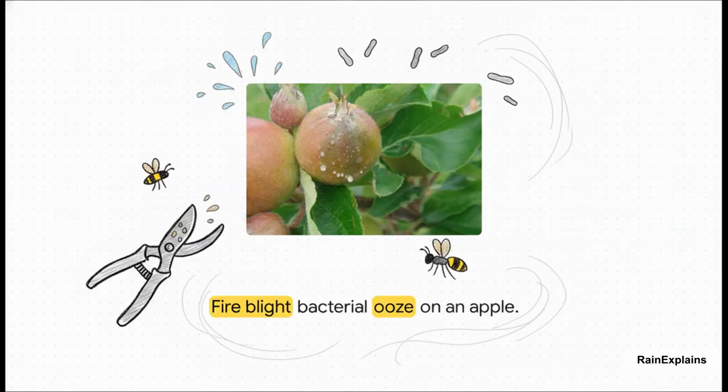But you know what their signature move is? Oozing. Notice this fire blight bacterial ooze right on an apple. Crazy fact for you, that single tiny droplet contains over 1 billion bacteria. No joke. And they don't just blow in the wind like fungal spores do. Instead, they rely on splashing rain, insects, or even your contaminated pruning shears to spread that infectious ooze to the